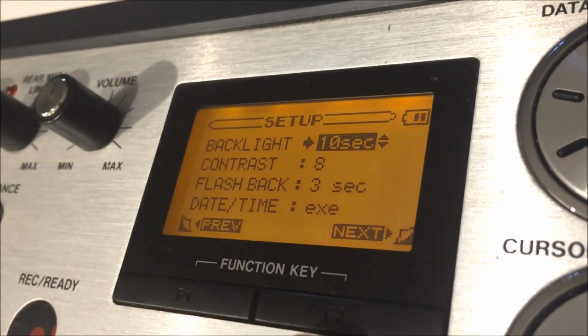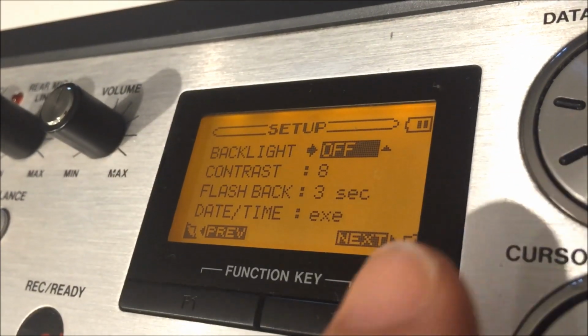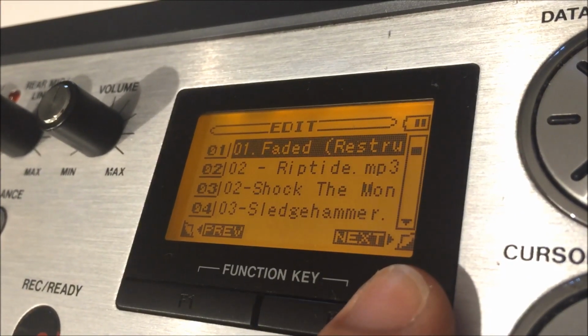You'll see the backlight only lasts a little moment because I'm running on batteries right now. So there's our 10-second control. We can increase that to 30 seconds or have it just off all the time. 10's about right for me. You'll get through most functions in that time. And a little further on,